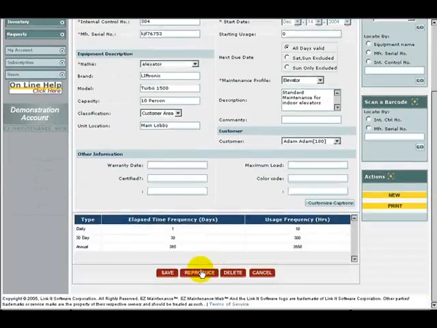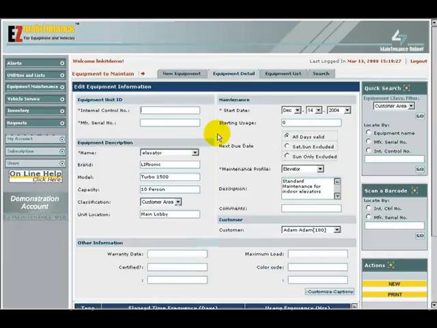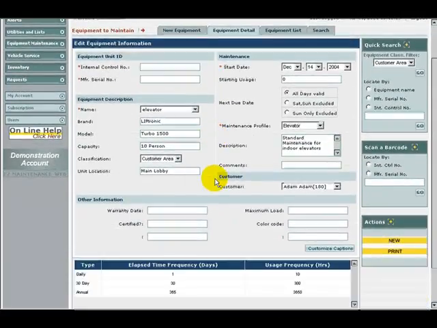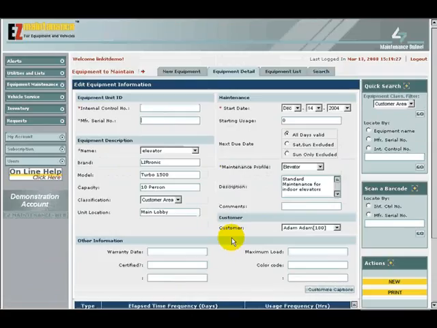The Reproduce button will save the piece of equipment which you entered and open up a new window where you can create another piece of equipment which has all the same properties and information as the one you just saved. However, you must input a new unique internal control number and another manufacturer serial number for this new piece of equipment. You may also delete equipment from EZM Web when you no longer want to use EZM Web to track